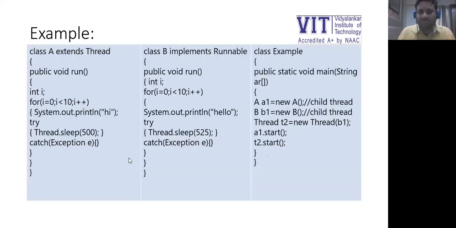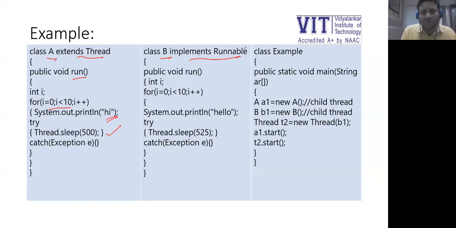Now this is a simple example. In this example, we have used both. You can see that here we have a class A that extends Thread. In the run method, 10 times it displays hi, every time with a delay of 500 milliseconds. Class B implements Runnable. So here we are creating threads using two different